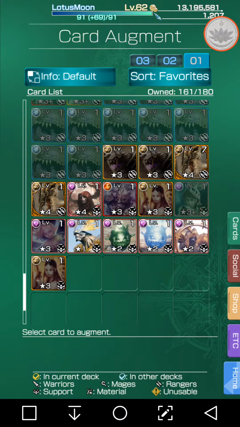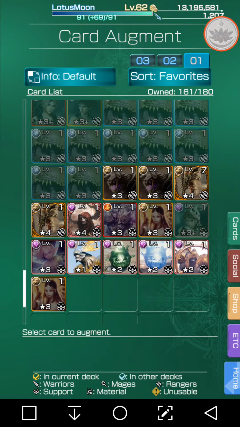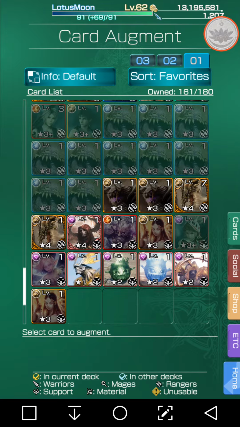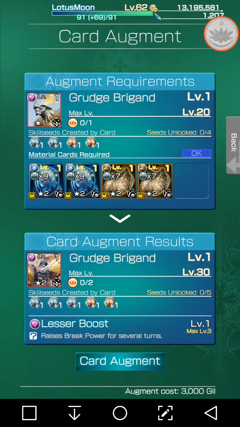Now first thing I want to say is, if you're a brand new player, most of the cards you're going to find in the beginning are basically junk fodder, and I'll get into that in a little bit. So all the cards in this game range from star level 1 to star level 5. Now cards 1 star and 2 stars can be augmented with just basic material cards. Like for example, this 1 star card right here, it needs these 4 material cards you can find off of